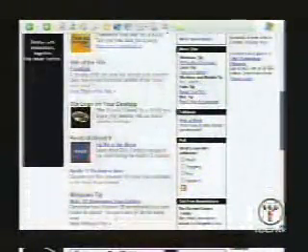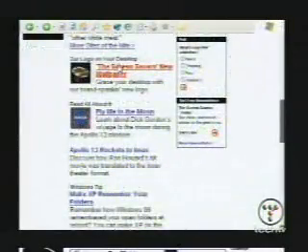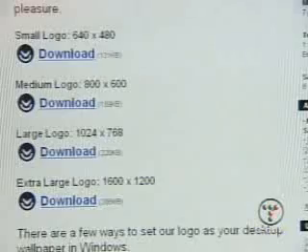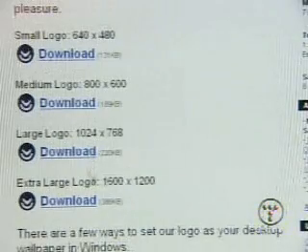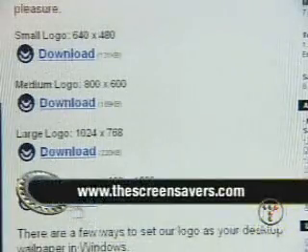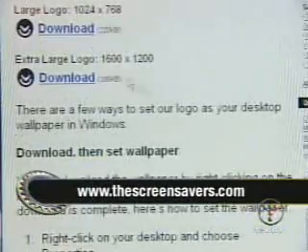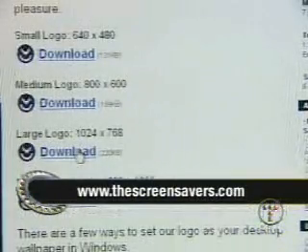It's right here on the Screensavers site. If you scroll down to "Put the logo on the desktop", the new Screensavers wallpaper, click that. I know some of you have smaller screens, some of you have larger screens, so we have four versions of it to download, including a very high-res version, which is going to be a lot larger. They're all JPEGs, but if you have a high-res screen, you might want the biggest one. Pick the one that most closely matches your screen size.